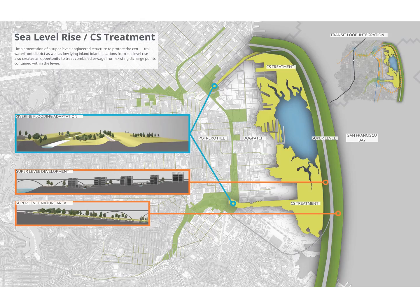And now looking at the larger scale intervention that could be implemented on the site, which would be a super levee. This could combat sea level rise for the next 200 years, as well as potentially treat the combined sewage that's discharging during large storm events and the surface flow that's coming off of these different watersheds and discharging at the Azales Creek and Mission Creek channels. So this levee could encompass those two channels and actually contain that space, providing an opportunity to